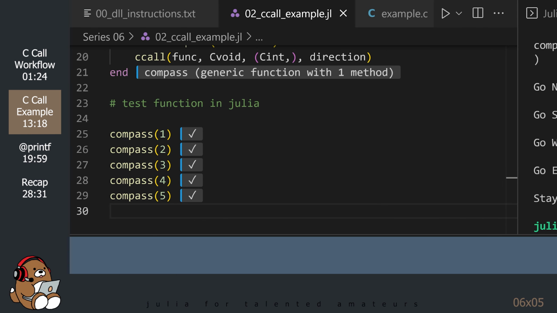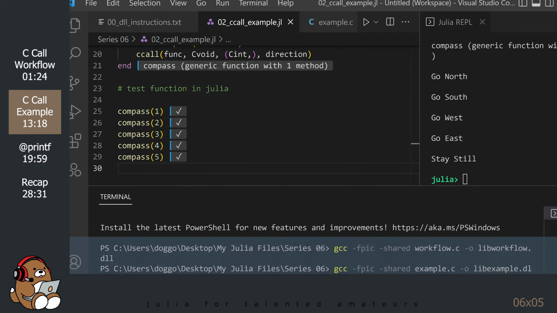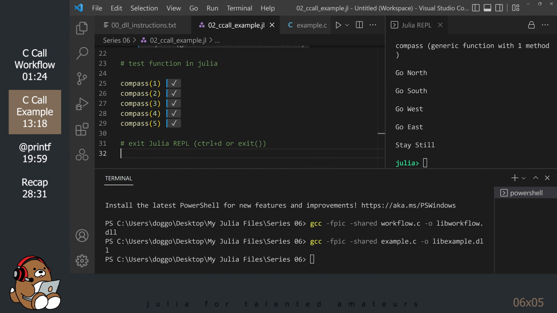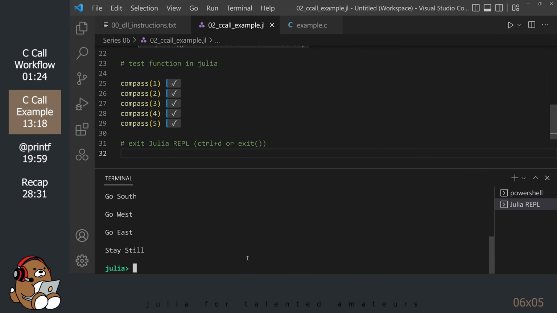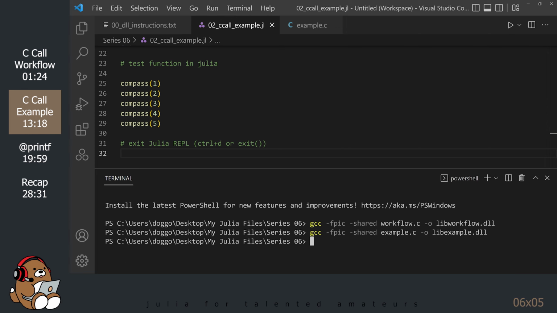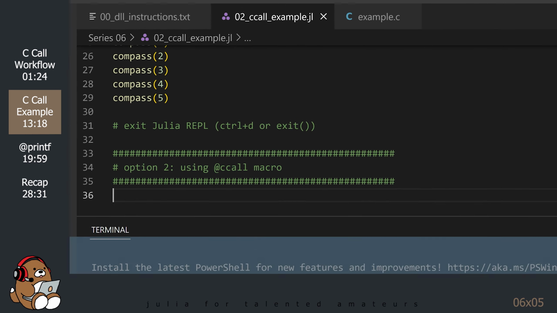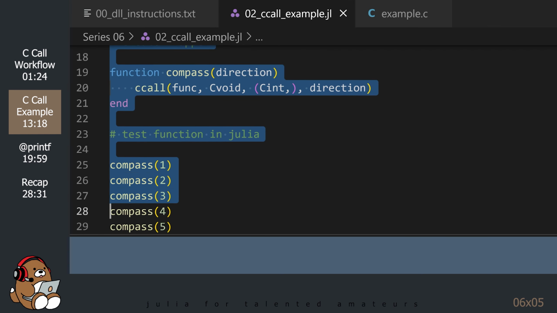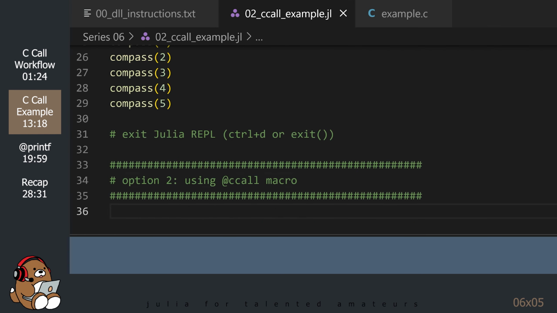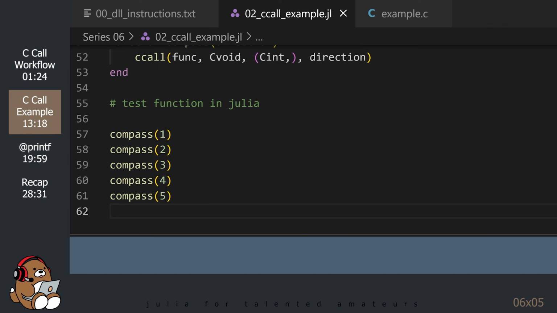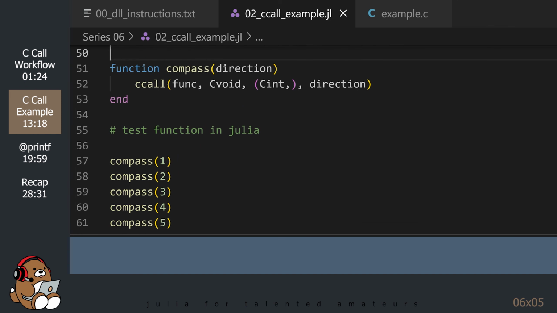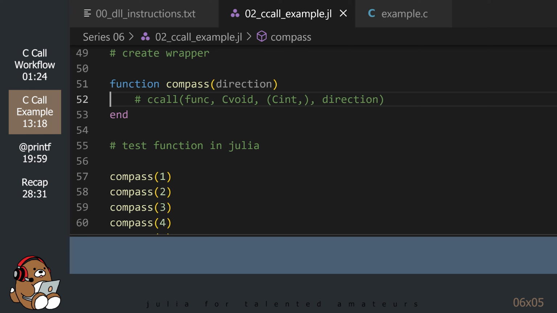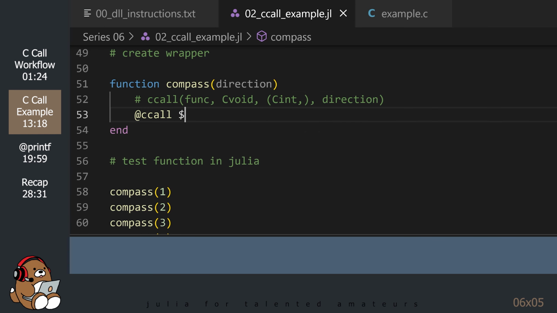Now, let's try using the ccall macro. Close out of this Julia session by using Ctrl-D. You can copy and paste the code from above. Go to the function definition and change the ccall function syntax to the ccall macro syntax.